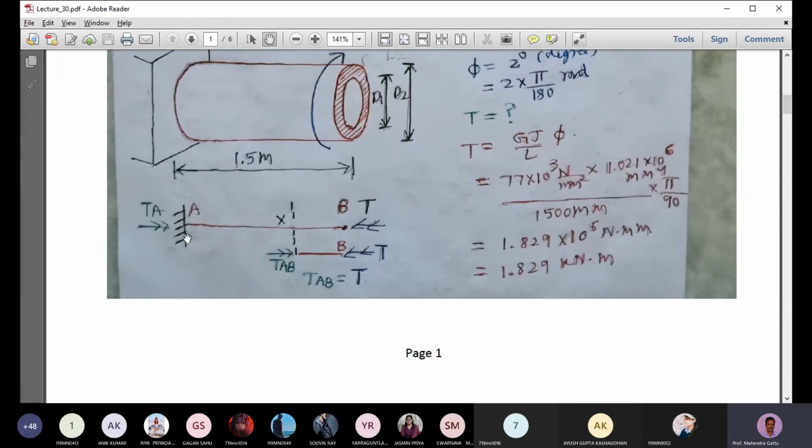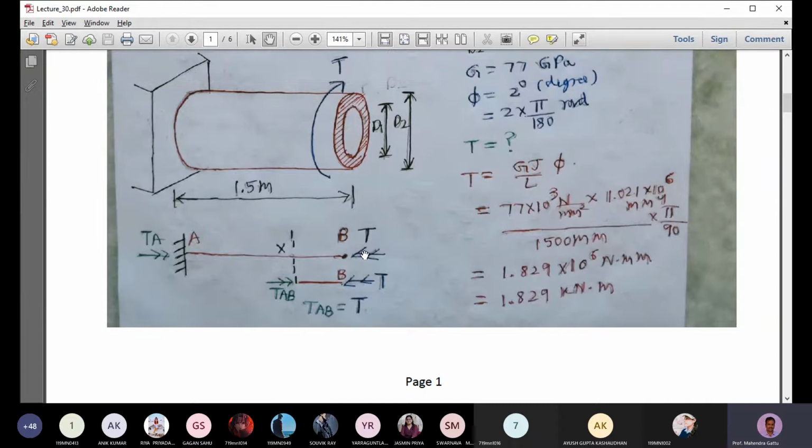So what we'll do, we have our fixed end here, we have our shaft AB here, and we are representing the torque T by these two double arrows. Okay, so these two double arrows are pointing in the leftward direction, and their magnitude is T. So the direction is in the leftward direction. So you take your right hand and put the thumb in the direction of those double arrows. So when you put the right hand in the direction of double arrows, you will find that the fingers are curling in the same direction as where the twisting moment is being produced. Okay, so that is what we have.